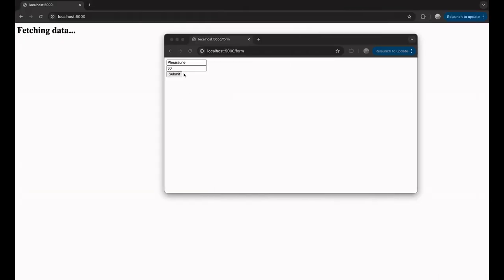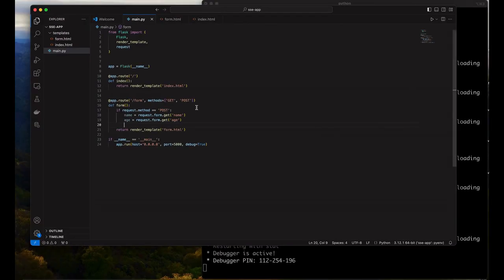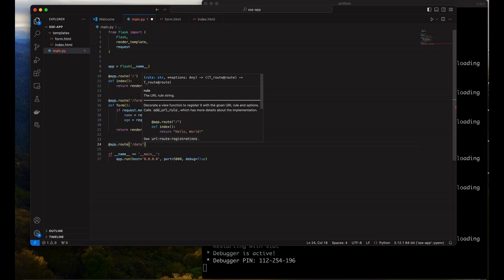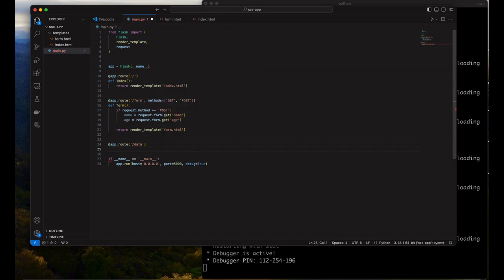But in order to display the data on the index page, what you can do now is create another route. I call it data. The default method is GET. As we will be using server send event, we need to return the information using a header instead. So in order to return the